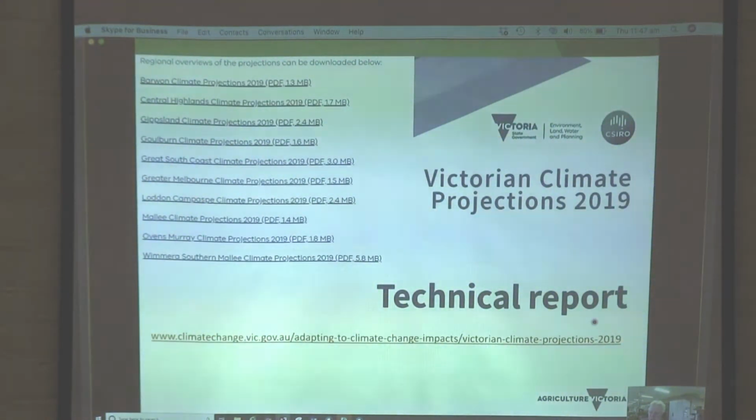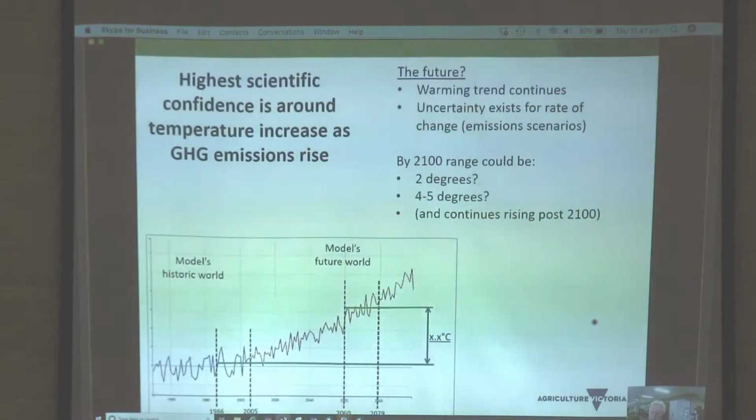There have just recently been climate change projections for Victoria that have been updated, which is really looking at the sort of weather models and climate models and saying, well, here are the trends and we know what's happening with certain parts of the climate and how that might go in future. Basically all of the models are very confident about how that warming trend continues. So the big question mark is, what do humans do in the coming decades about the amount of greenhouse gases